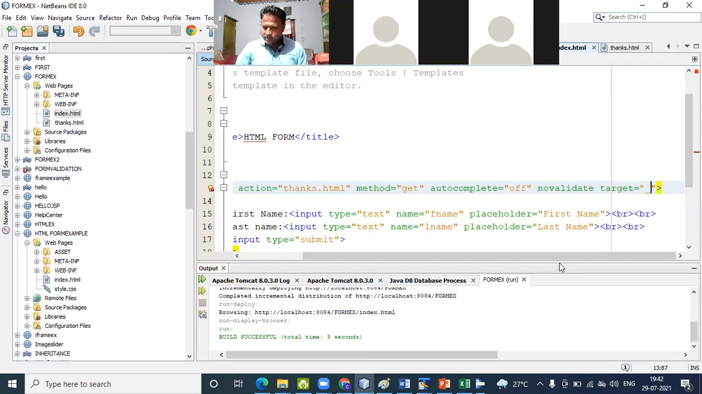The target is equals to underscore self. So there are different types of target attribute present. One is self, one is blank, one is top, and another is you have to give any kind of frame name. Okay, so when I pass the self, then what happens? See,